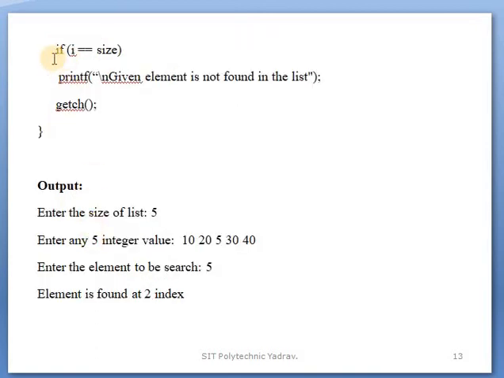The next part executes: if i is equal to size, meaning i is 5 and size is also 5.